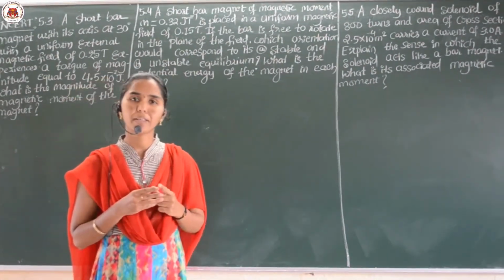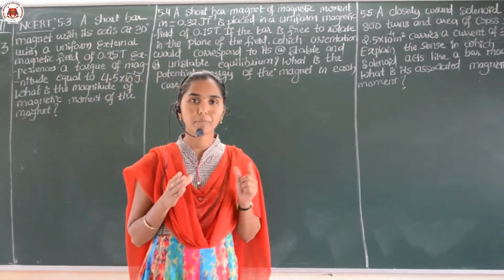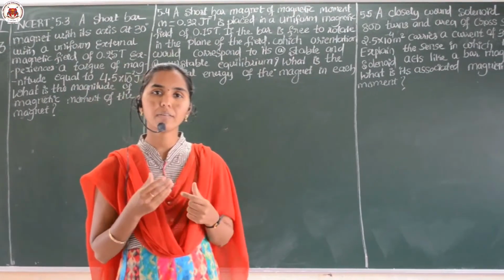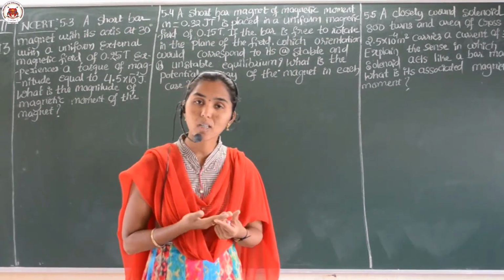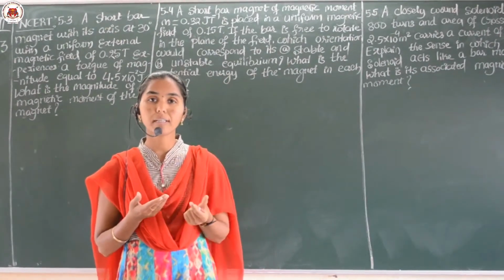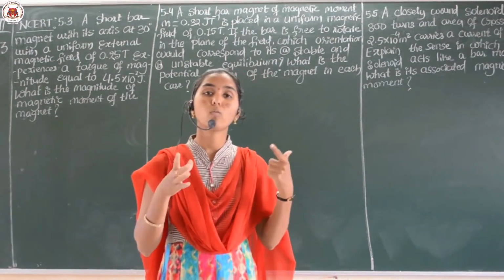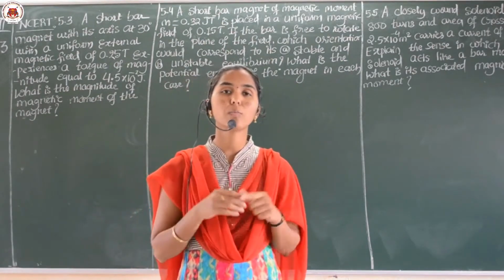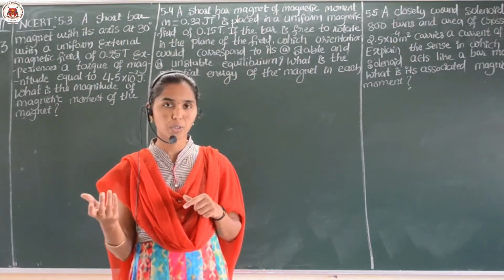See, in the previous video we completed the theory concept of the chapter magnetism and matter, right? There we studied all the hysteresis points, what a hysteresis loop is, what retentivity and coercivity are, the hysteresis loop, what permanent magnets and electromagnets are, with examples and where they are used, right?